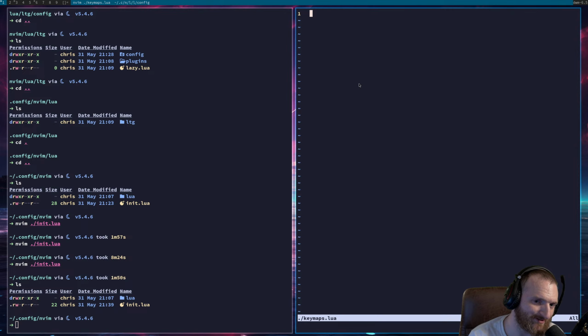Now, what can we do with this key maps file? Well, we can set up a leader key, right? How many of us have used, and this is me too, when I use Neovim, the spacebar is my leader key. When I use Emacs, the spacebar is my leader key, right? All these different things, the spacebar is kind of my leader key. We're going to set up Neovim the same exact way. Okay, and the way that we do this is